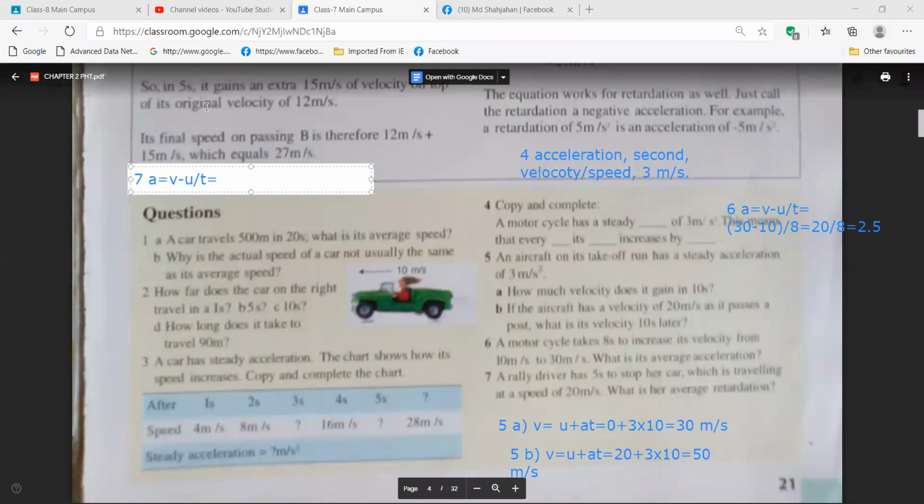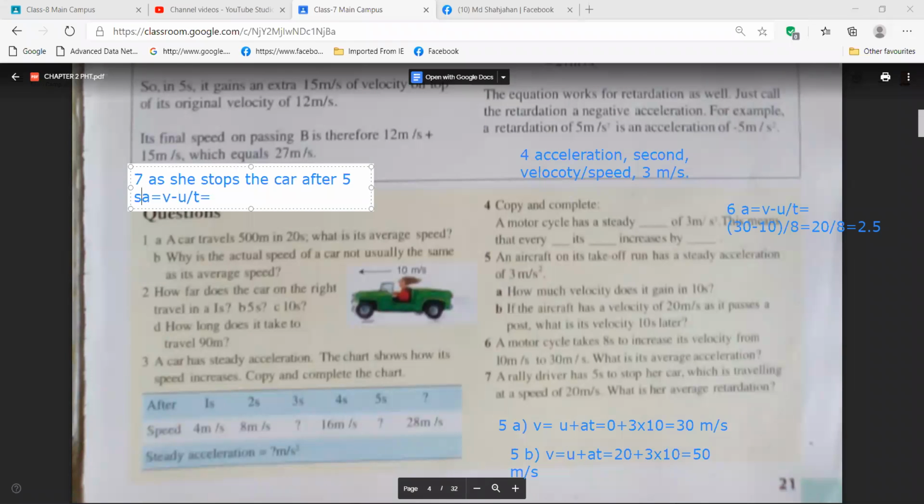Before writing the formula, you write the information: as she stops the car after 5 seconds,